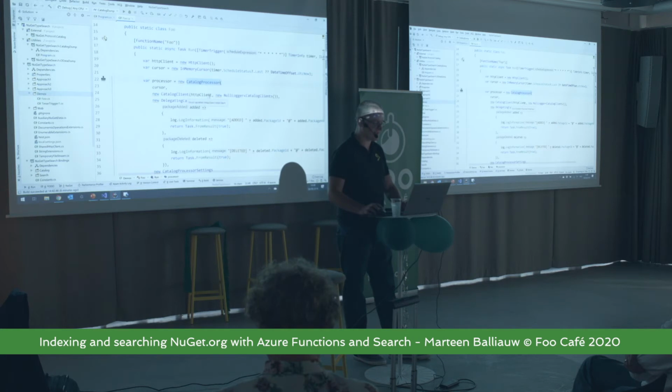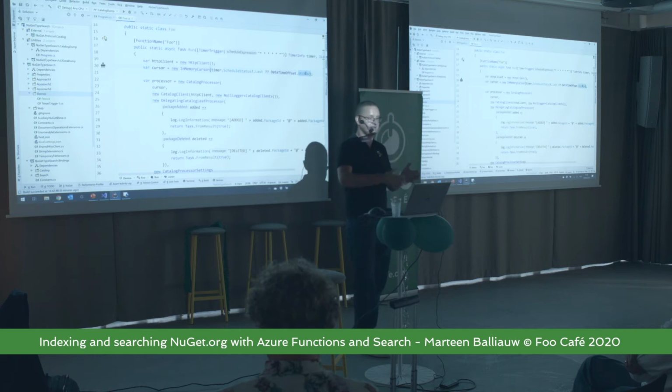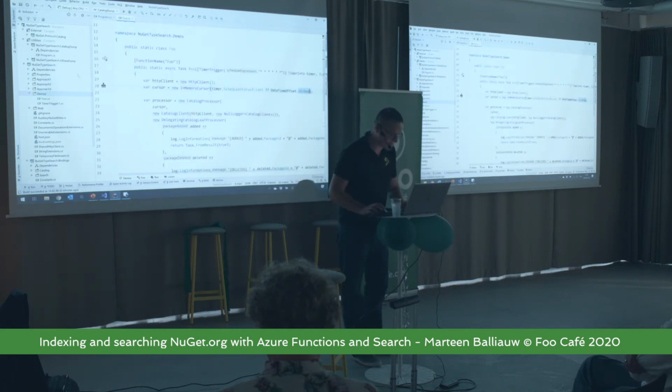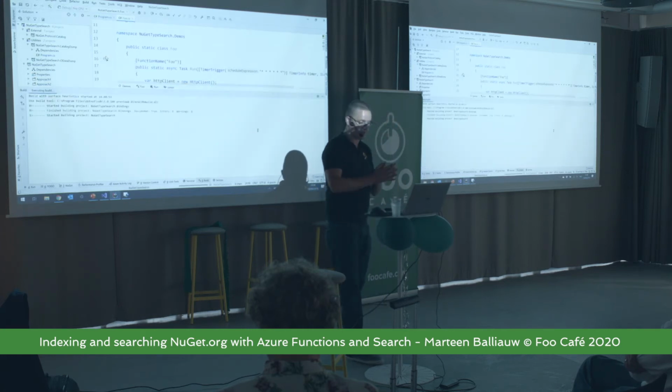It will process our catalog based on the last timestamp from my timer and until now. So the next time this runs, I will get a new window. So instead of fetching everything that is in there, I only get since the last occurrence of my timer, right? So if I would run this function, and I can say, okay, only run this function, we will see at some point,